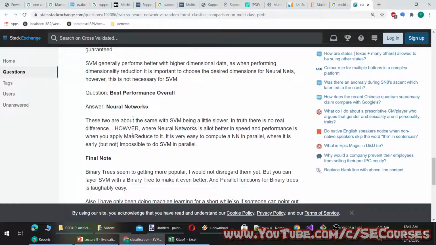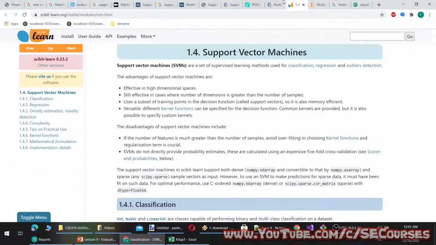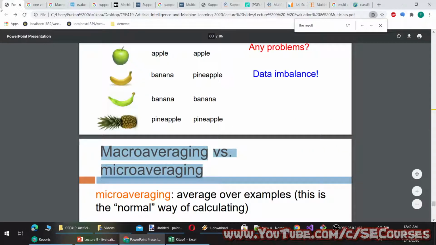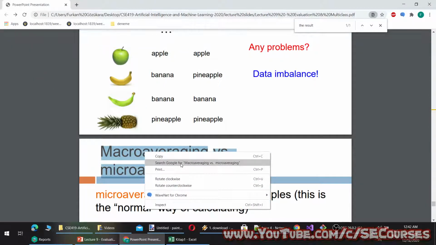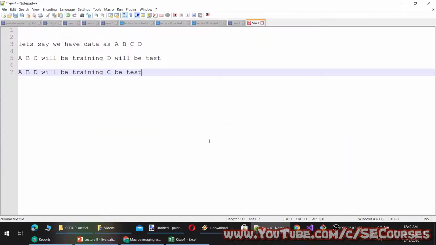SVMs are likely better than tree methods if... Okay, I think this answer is not very good. Anyway, these are all related to your experience. You just need to get an idea. However, I can say that